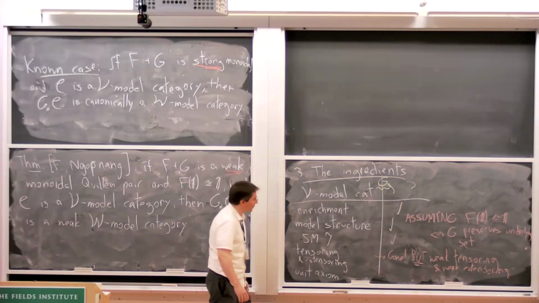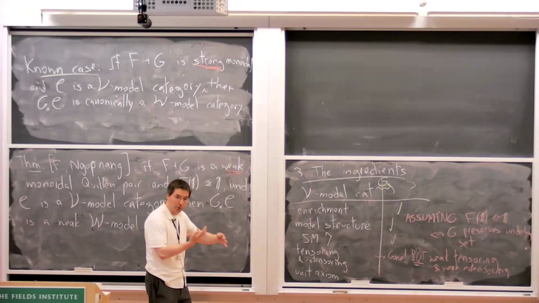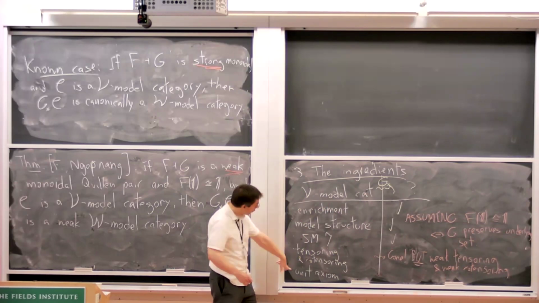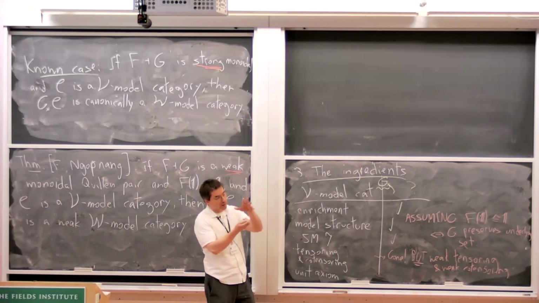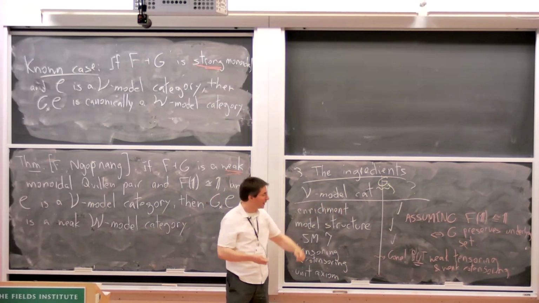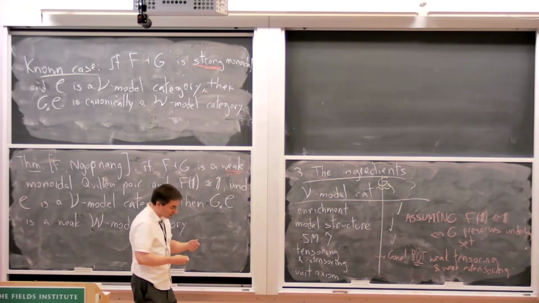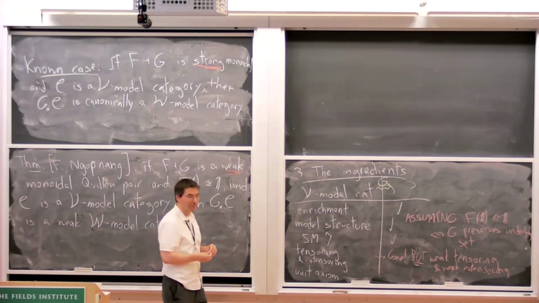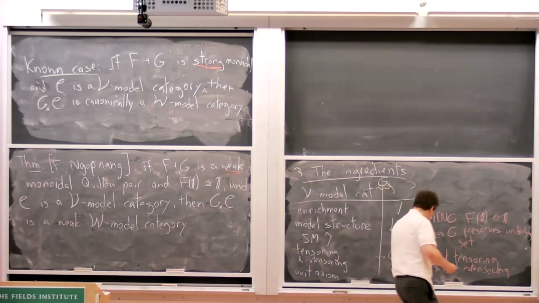And then for the unit axiom, it turns out that there are a few equivalent ways of phrasing it. Again, to save time, I'll just tell you the 3 ways. One way was the one I wrote down, where you cofibrantly replace the tensor unit and tensor a cofibrant object, and you get a weak equivalence. You can rephrase that by the condition that we like to call the pi0 of mapping space condition.